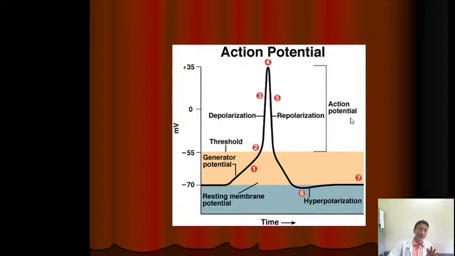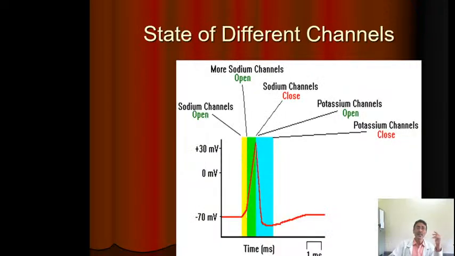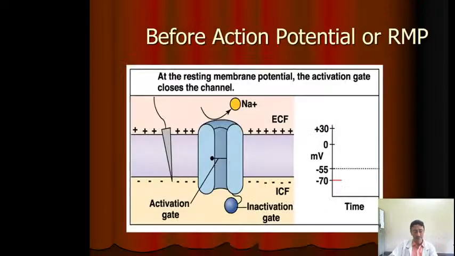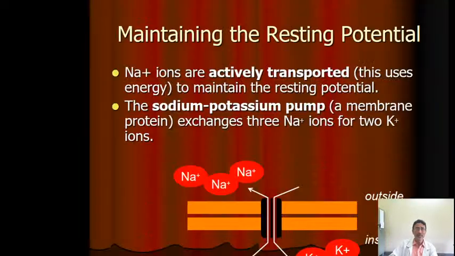Because there is a loss of potassium ions, to restore the loss of sodium ions and potassium ions, we know that during an action potential, sodium has come in and potassium has gone out. To restore this balance, the sodium potassium pump comes into the picture. This is an active pump and it restores the concentration of the ions back to normal. The potential is maintained at minus 70, the resting membrane potential, till the next stimulus happens. Whenever the nerve is stimulated, the same things will happen. So this is about the action potential.